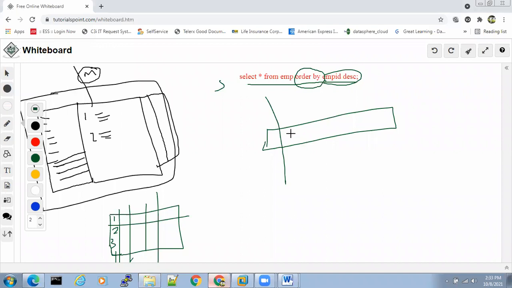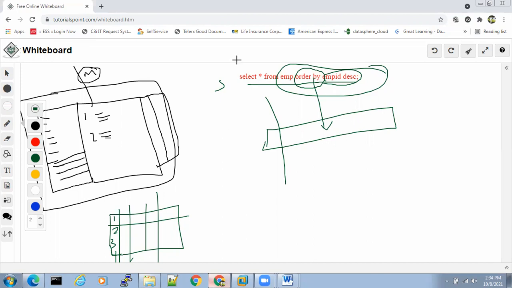So why do we use temporary table spaces? For sorting purposes. Whenever users are giving this kind of queries, like order by ascending, order by descending, select star from EMP where employee salary greater than 30, or where employee ID less than 111, or where employee ID greater than 111.